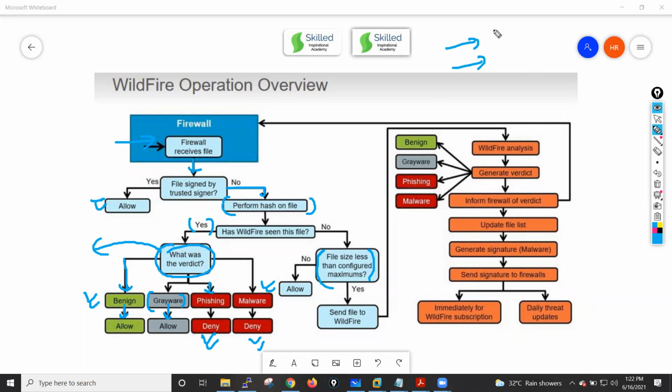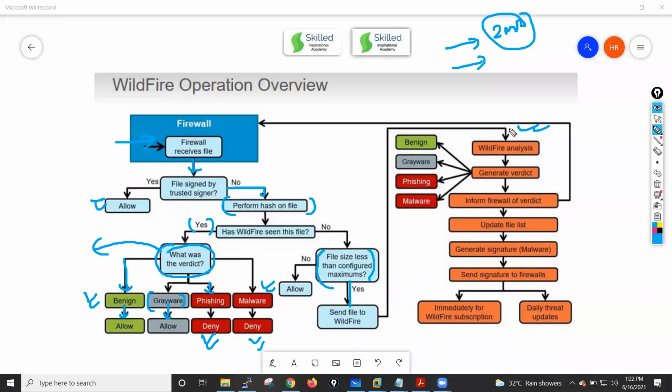If the file size is maybe 2 MB, then only we will forward that file towards the WildFire analysis. If the file size is high, in that case it will not send this file for WildFire analysis, it will just allow that file. Let's suppose the file size comes within the limit we have configured, below the maximum value, so it will now send this file for the WildFire analysis.